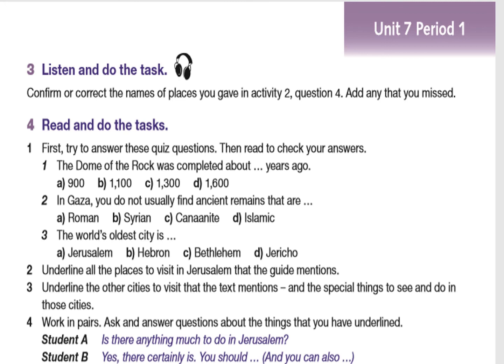Now let's check your answers. Number 1, the Dome of the Rock was completed about, yes, 1,300 years ago. In Gaza, you do not usually find ancient remains that are, yes, Syrian. Excellent. Number 3, the world's oldest city is, yes, it is Jericho. Now let's go to the second